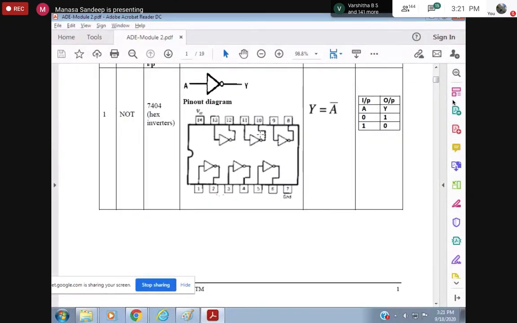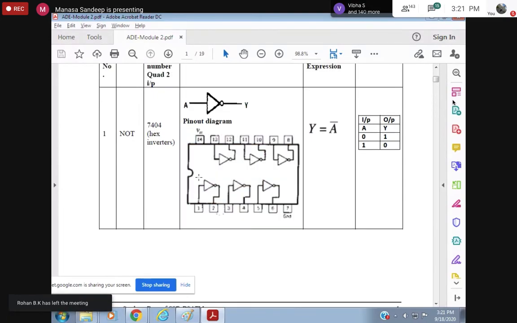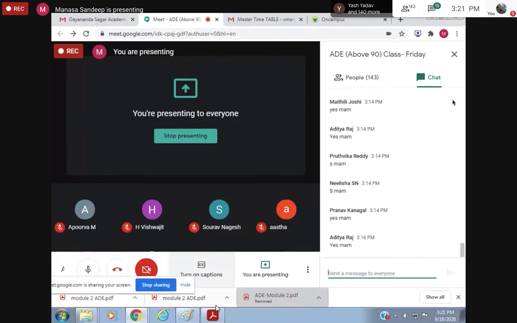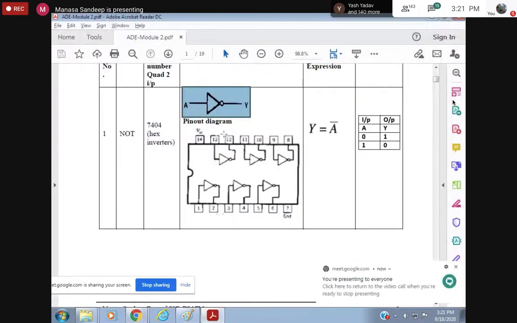So next, coming to this, when we give you the lab experiment introduction and we start the digital part in our lab, we will explain what you need to know about these ICs. For the time being, you need to know that this is the NOT gate, or this is how we represent the NOT gate. I hope each and every one is having this much knowledge. If you don't know these things, or if you are having any confusions, better come prepared for the next class.